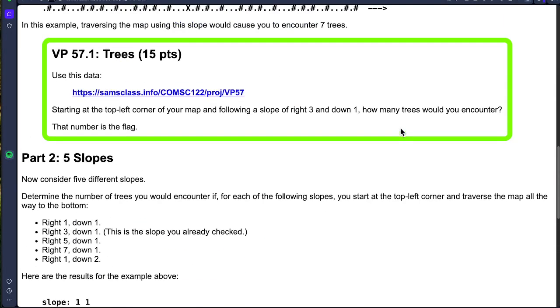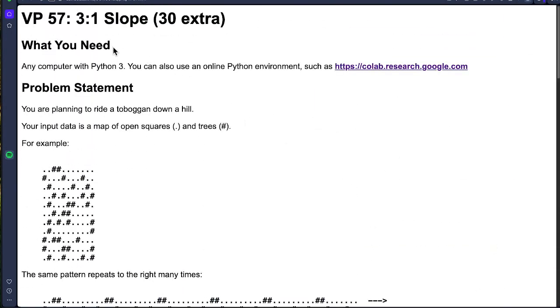Got VP57, and in this one, you're going to make a slope. So what you have is a diagram here of a grid, and this is a slope. For snow, dots are clear spaces and pounds are trees. And you're going to consider riding a toboggan down this slope and try to figure out how many trees you